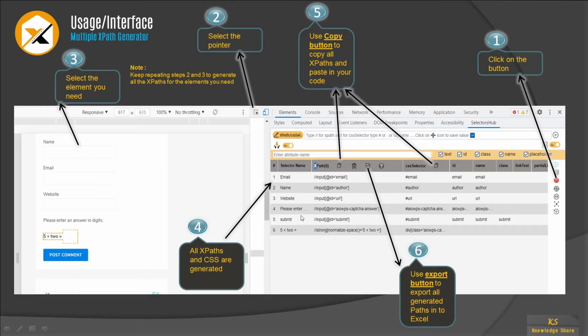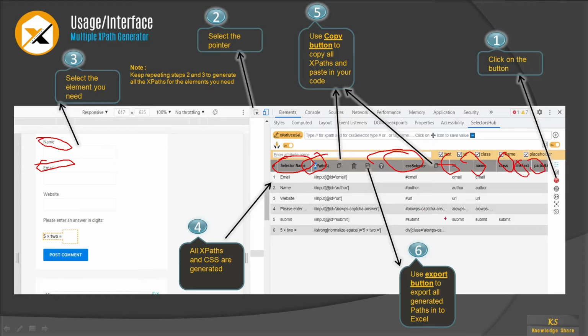Okay, and then once all these elements that you need are generated, you can see here clearly. One says a selector name, the things which you choose here. And then the XPath, and then the CSS, and then the ID, name, class, link text if it has, and partial link text, and whatnot.